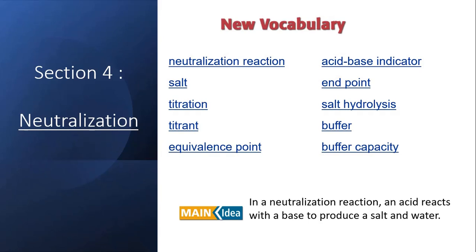In acid-base neutralization, usually we have some calculations. If we don't have them, it depends on your textbook. If you don't have these, you just need to memorize the main concepts. The main idea is, in a neutralization reaction, an acid reacts with a base to produce salt and water. New vocabulary is given here. You have neutralization reaction, salt, titration, titrant, equivalence point. We have endpoint also,